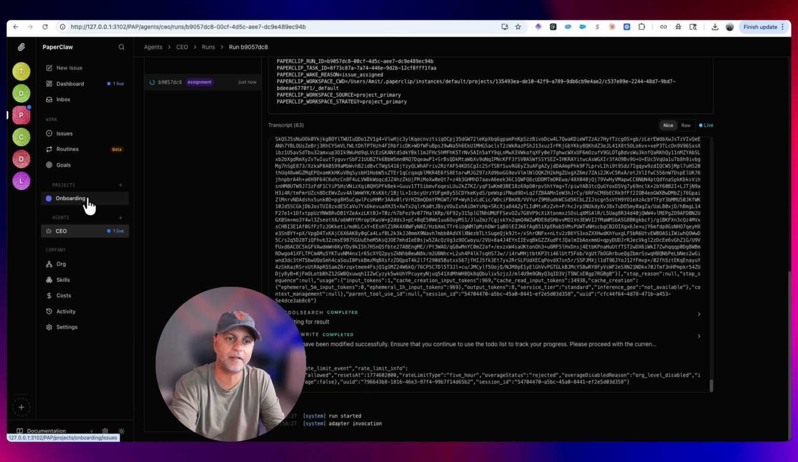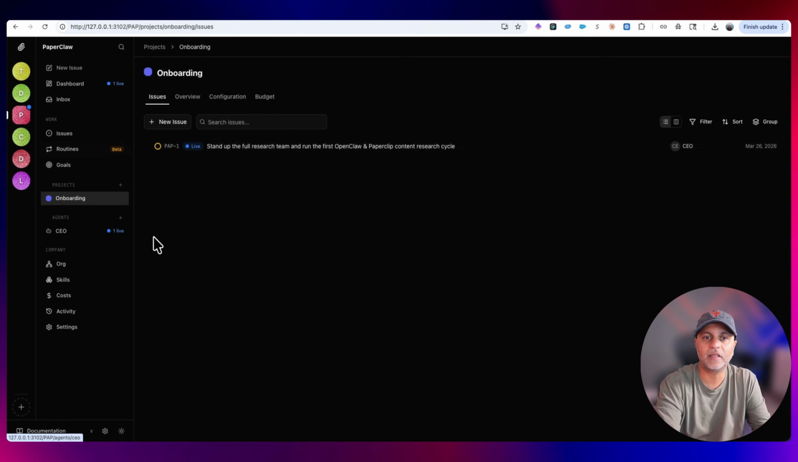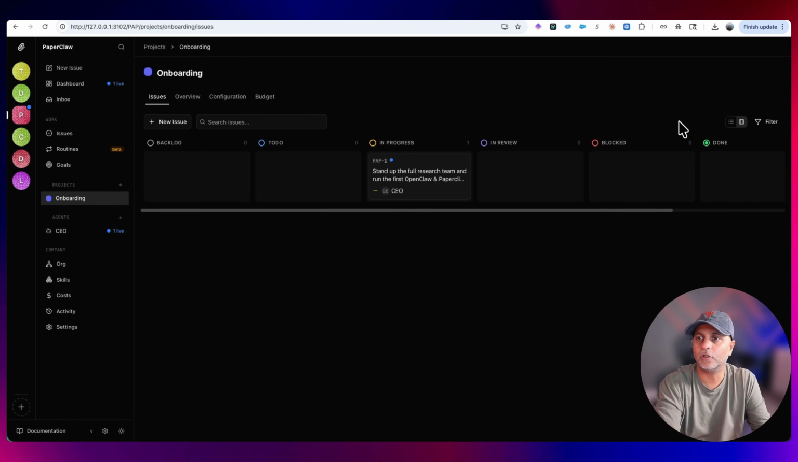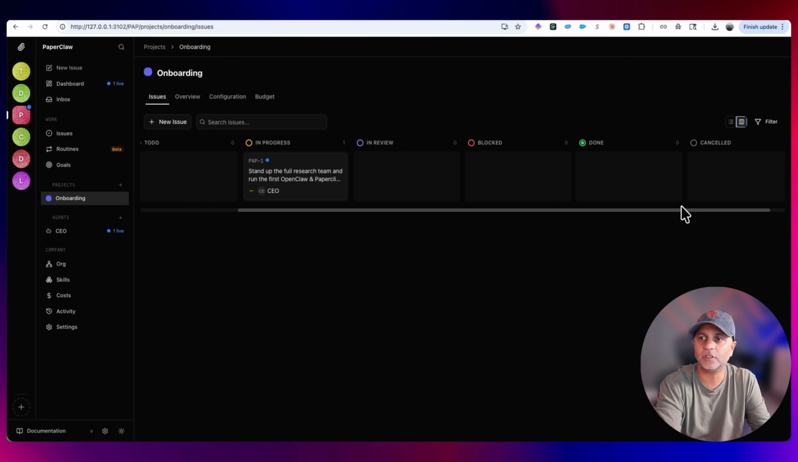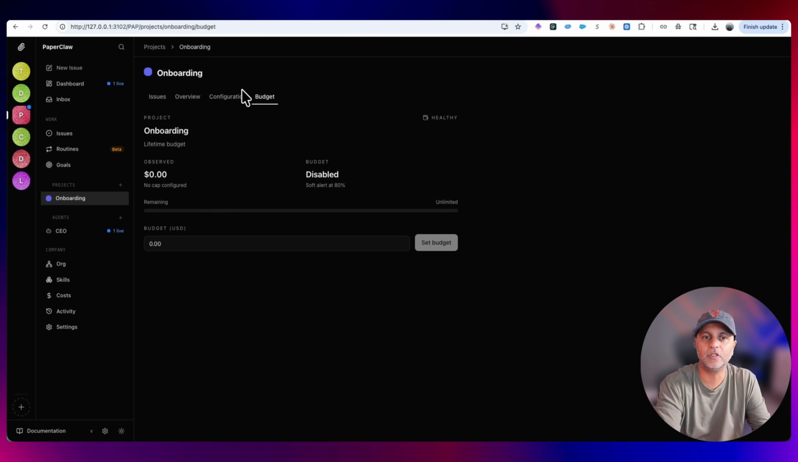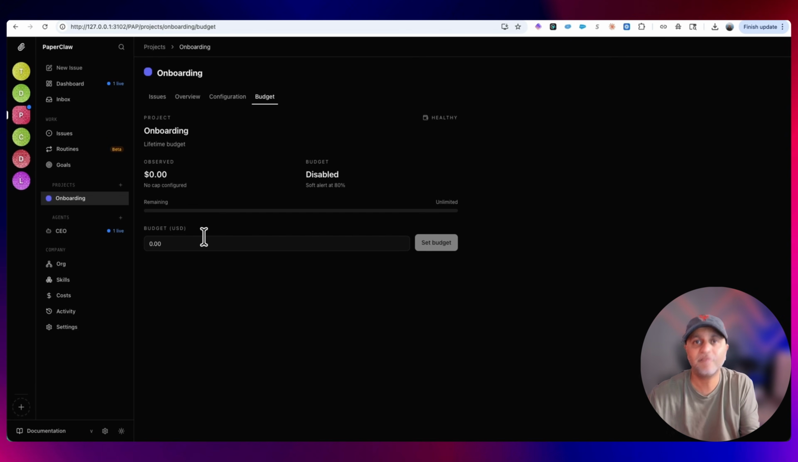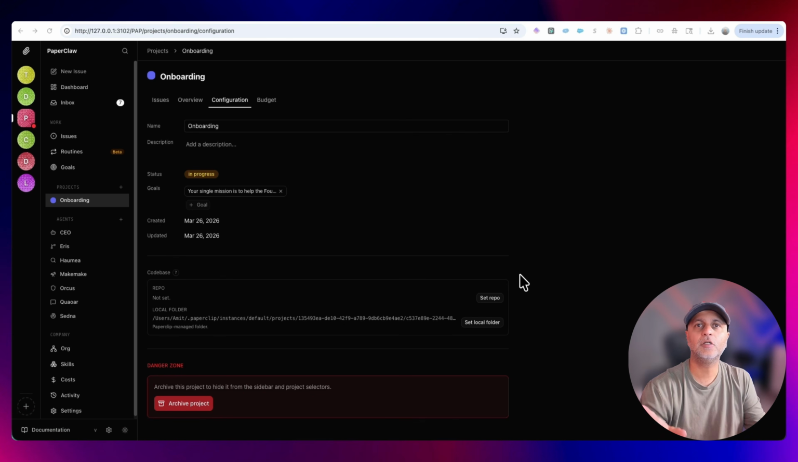While it's doing that, I can go to my onboarding and look at that issue right there. I can also change it to Kanban to see the different statuses that the issues are in. Then here's that new budget thing. So I can set my lifetime budget for this project right here. So let's say I want to use no more than $50 for this project. That will be the lifetime budget for the project. Our CEO has finished his